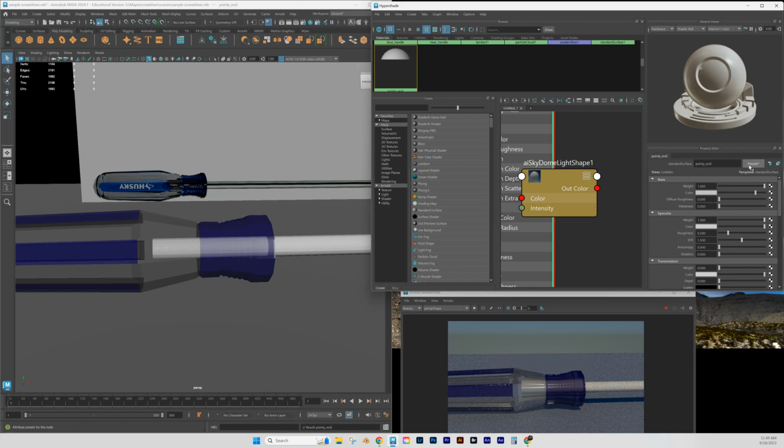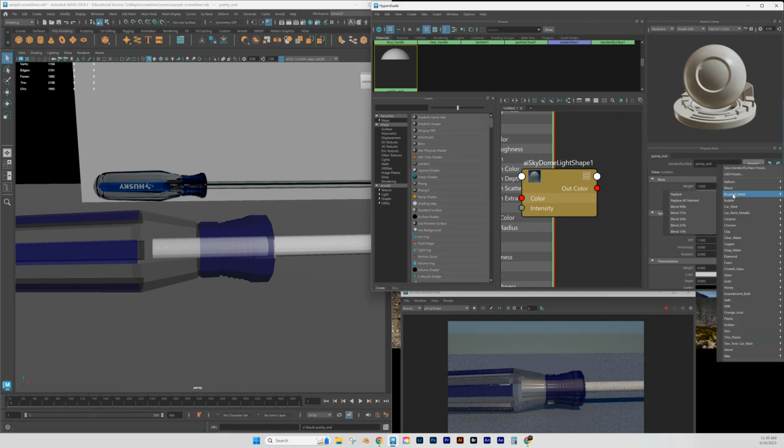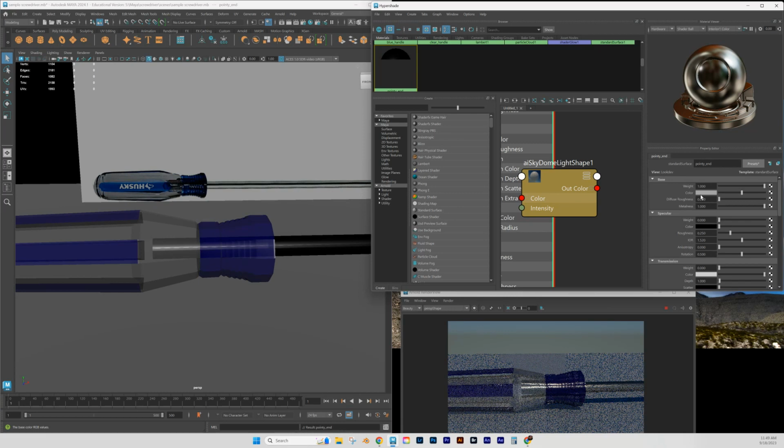And with this, I know there's a preset already for brushed metal, and I'm going to replace my default with the brushed metal. And so it gives me that, which is pretty cool because it looks black here, but if you look in the rendered view, it looks like brushed metal, like it would for the end of the screwdriver. Now this is quite a bit lighter, so I can always go and make this look lighter by adding a little bit more color to that base there. And that pretty much accurately